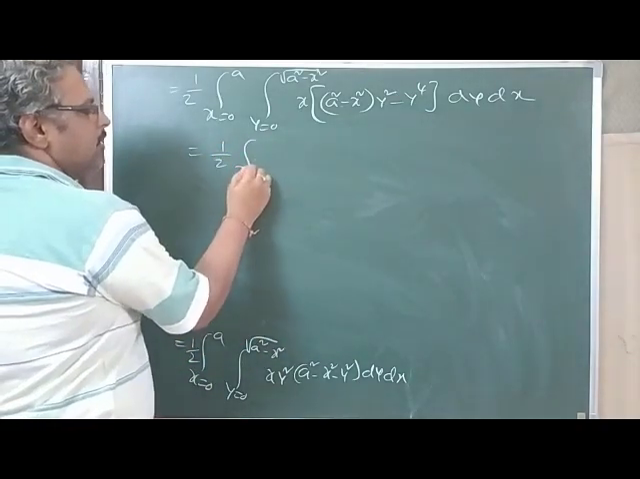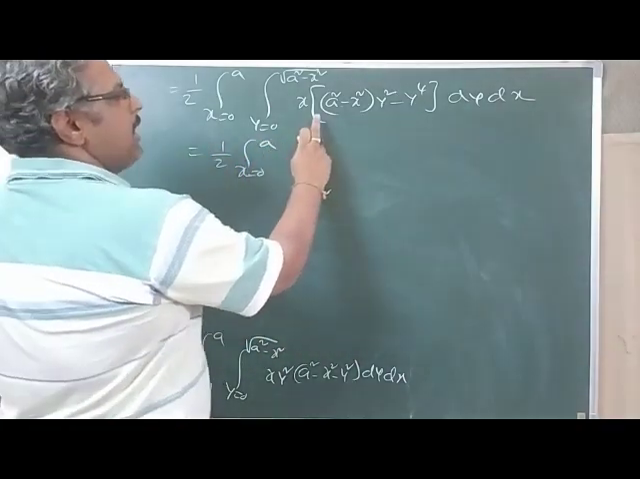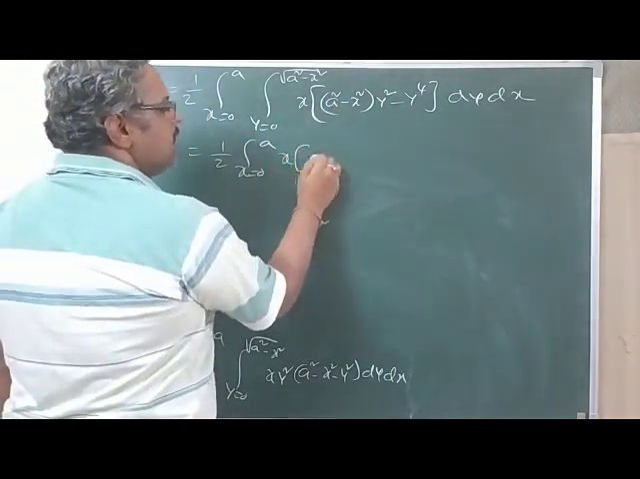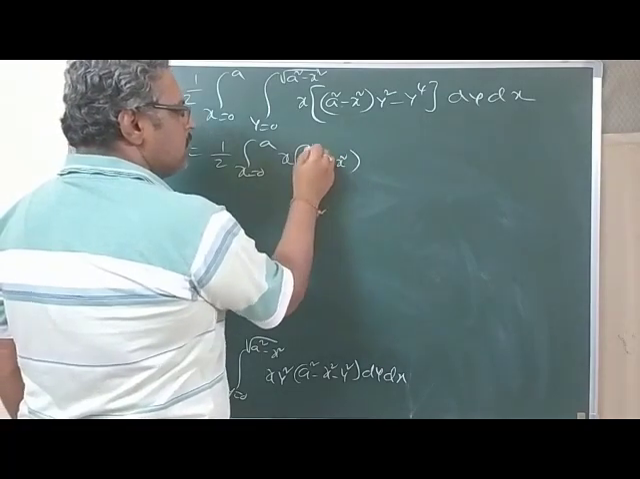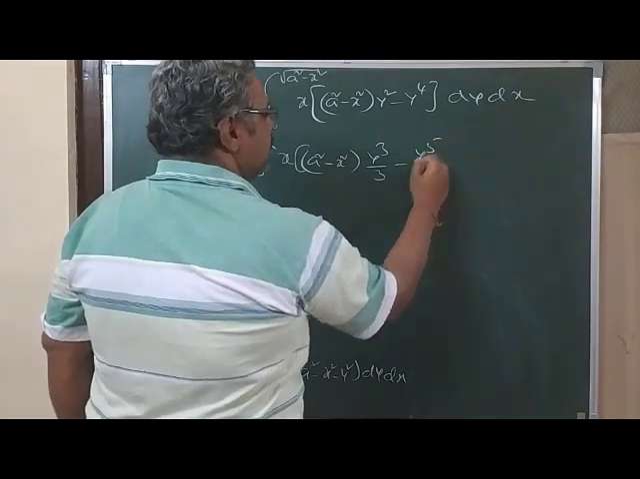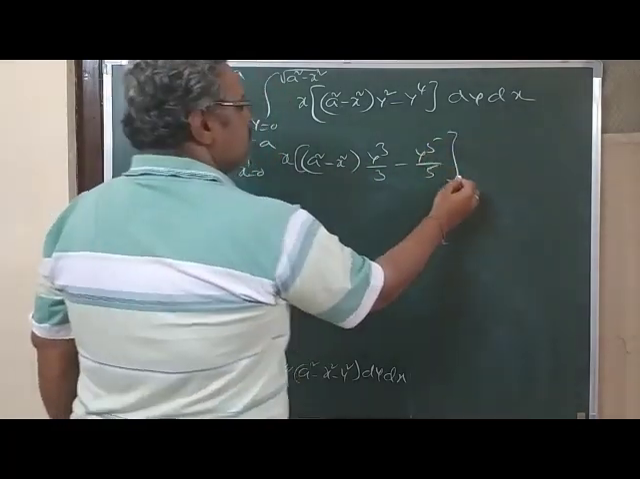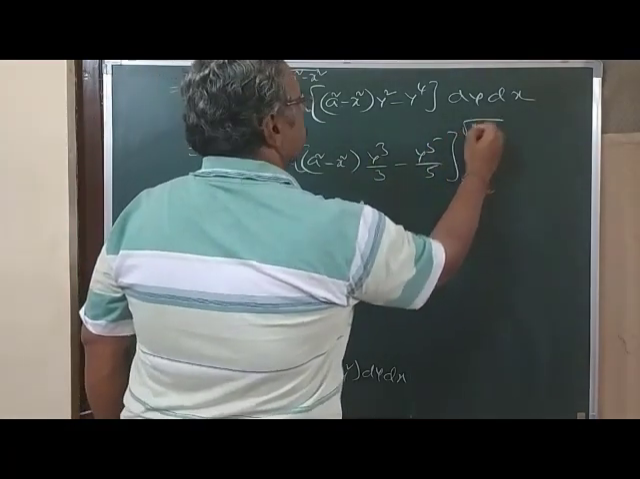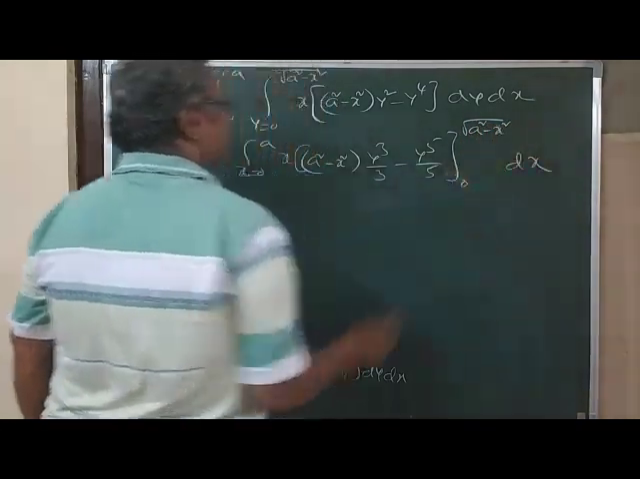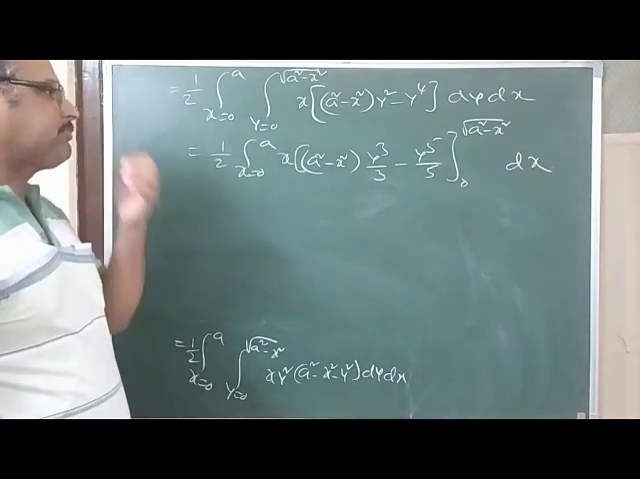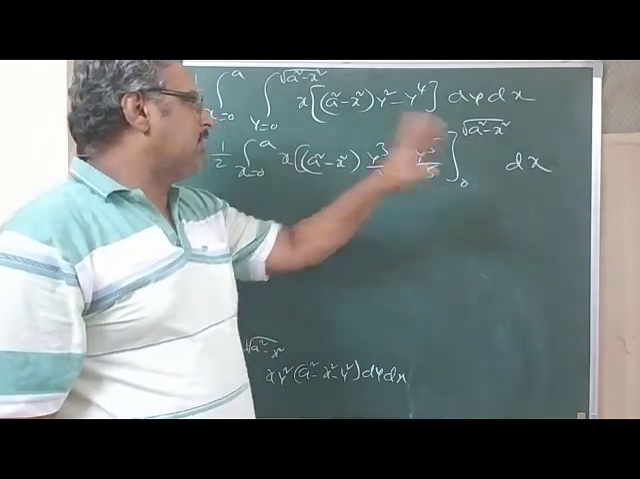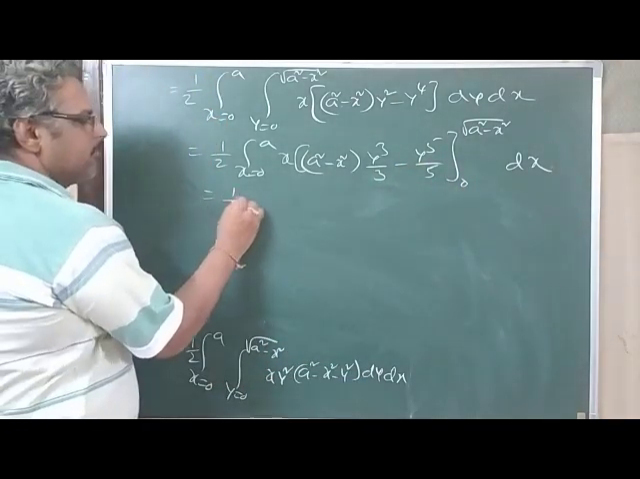1 by 2 times of integral x is 0 to a, integration with respect to y. x is constant, a square minus x square is also constant, y square integration is y cube by 3, y power 4 integration is y power 5 by 5. Now 0 to square root of a square minus x square, dx. Now